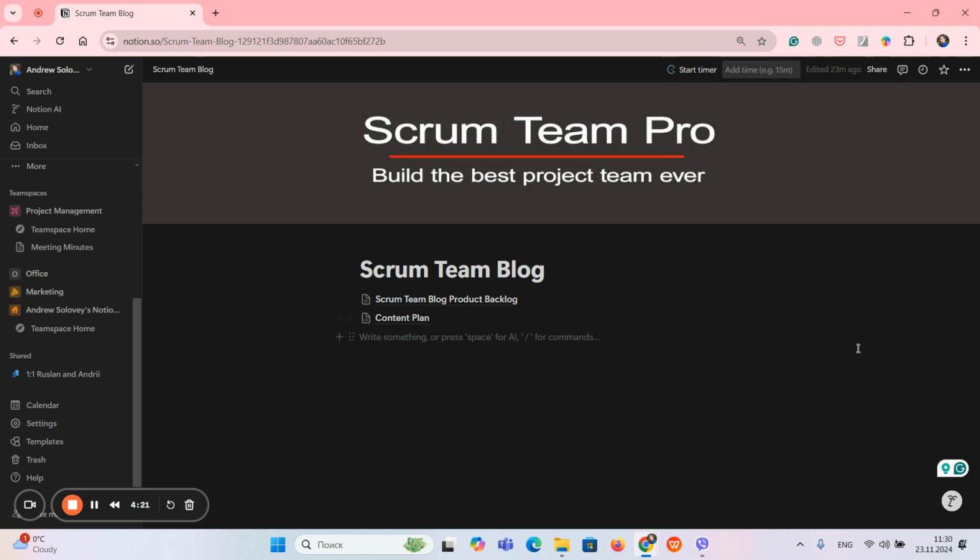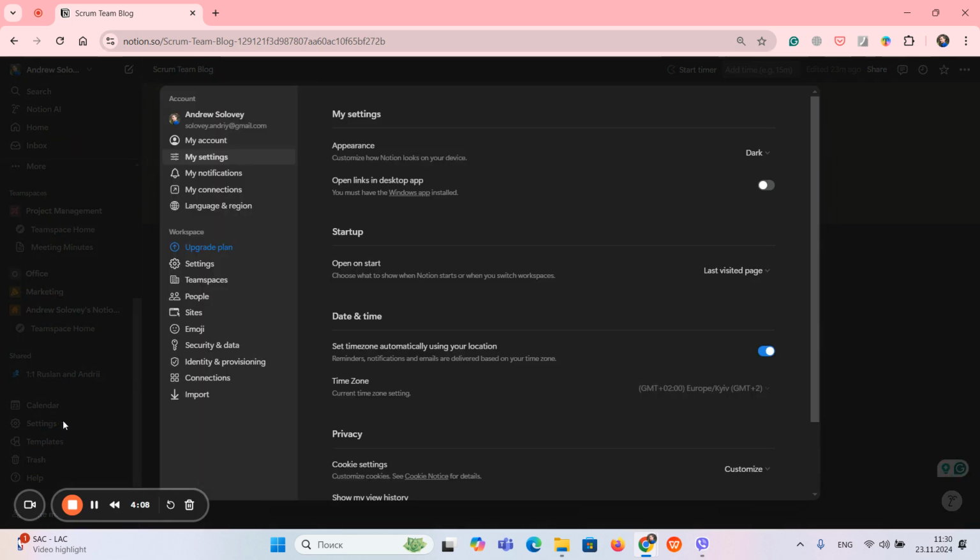In fact, this is pretty simple. Open your Notion and go to this menu bar on the left. Scroll down and here in the bottom left corner you find settings. Click this settings and here you can see appearance, and on the right you may choose the option you would